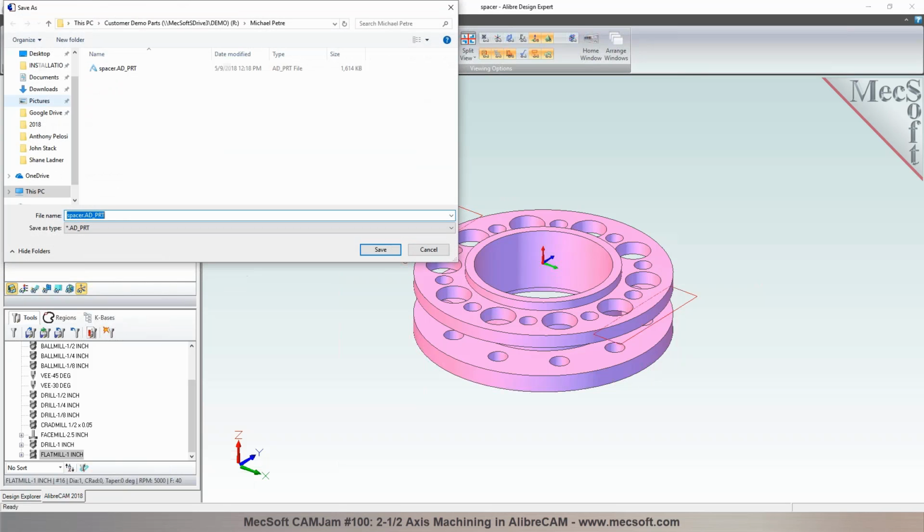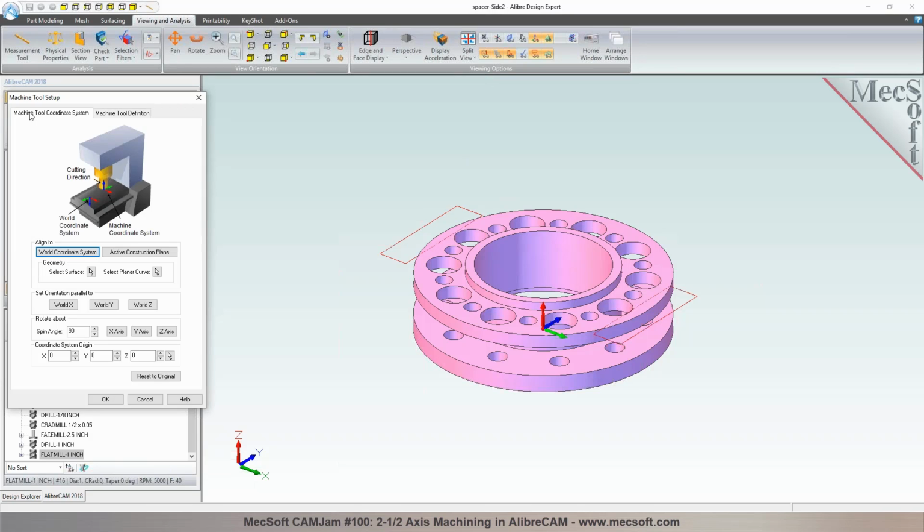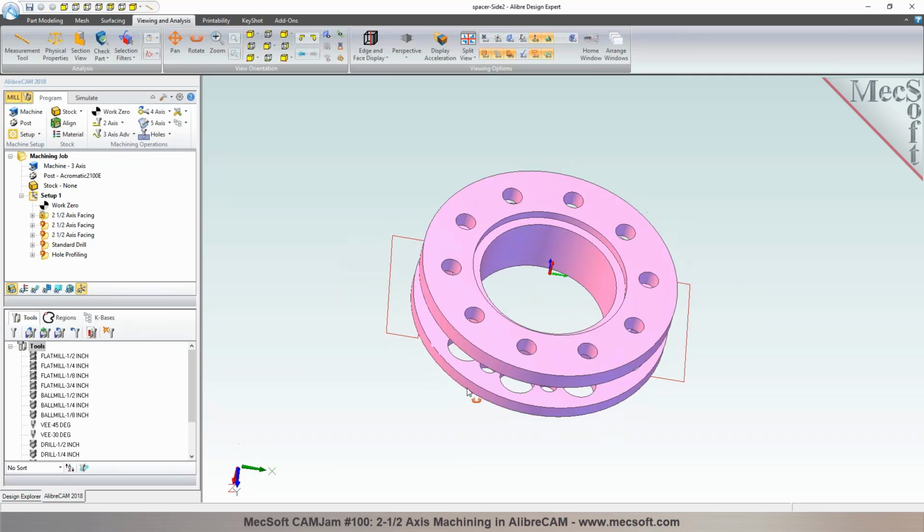So I'm going to say Save As. I'll say part spacer, and I could call it side 2. So I'm making a copy of this part in here. After I make a copy of the part, I would go back into the machine tool setup, and I would rotate the coordinate system. I can put in 180 degrees and flip it about the X. So you'll notice that now the Z-axis is inverted, which means it's